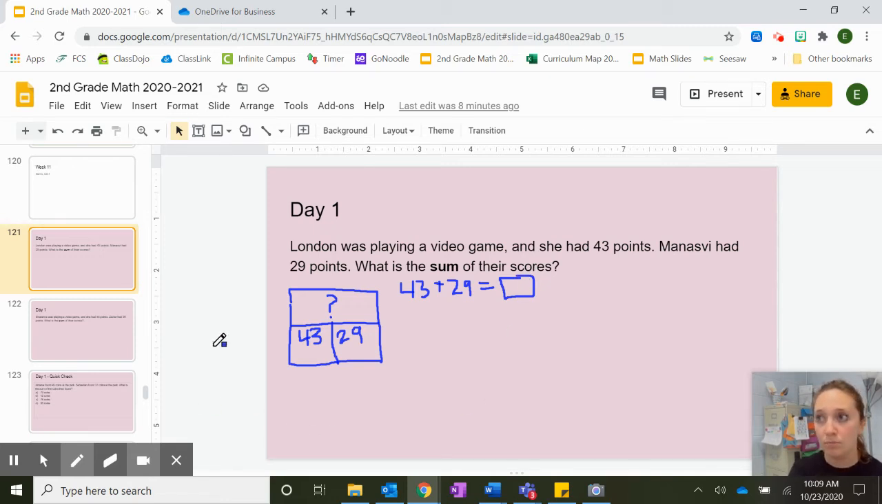Now, you could use any strategy. You could use base 10 block drawing. You can use open number line. You could do expanded form. I'm going to start off with the base 10 block drawing. I'm going to draw 43: 4 tens, 1, 2, 3, 4, and 3 ones, 1, 2, 3. I'm going to draw 29: 2 tens and 9 ones, 1, 2, 3, 4, 5, 6,